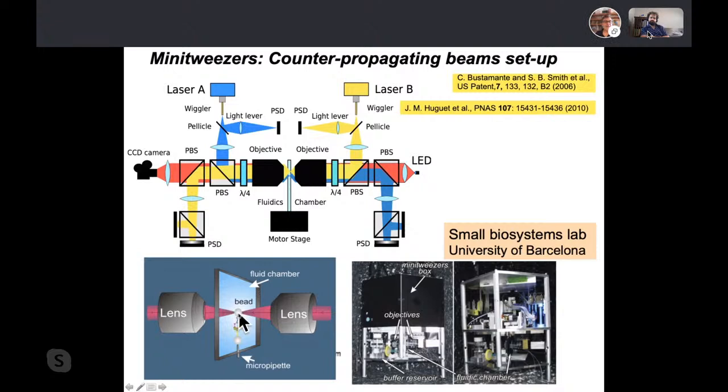So, summarizing, this is a lens, it deflects the beam. The higher the force, the higher the deflection, because the bead goes away from the optical trap and exerts a bigger deflection on the beam. From the angle of deflection on the PSD, just by measuring the position at which it collides with the detector, I can know the deflection, and therefore the change in linear momentum. This is the principle of this instrument.